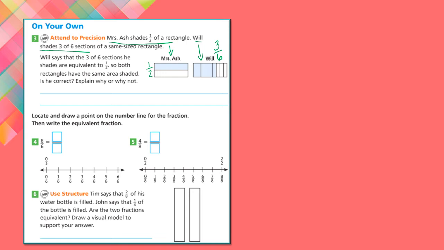Very good. So boys and girls, remember when we're working with fractions, the parts all have to be the same size. So even though Will does have 1, 2, 3, 4, 5, 6 parts, and 3 of those are shaded, he does not have 3/6 shaded because the parts are different sizes. If we were to split this up a little bit better,